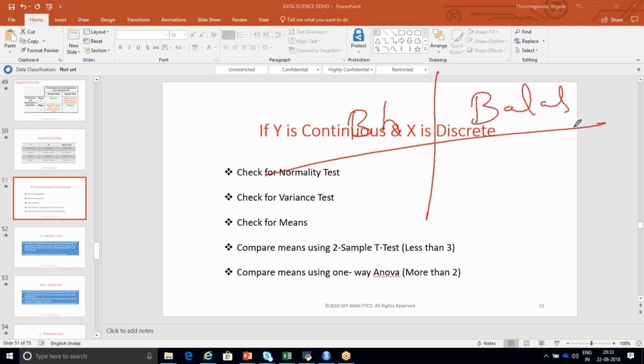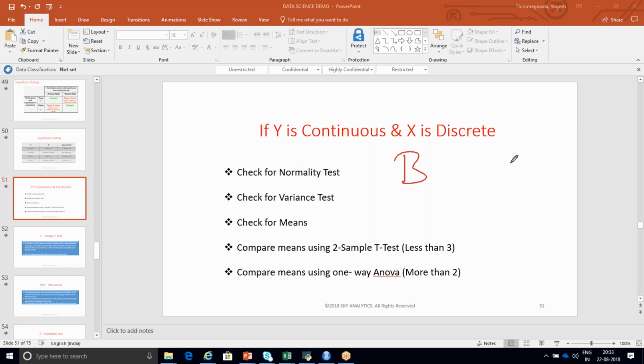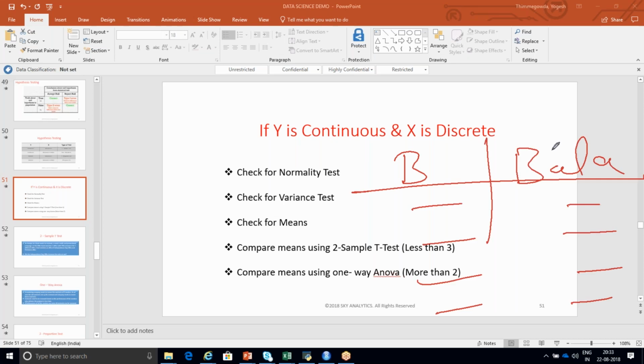Now, next step is what? You need to do adjustments. No, adjust. See, simple example I'll tell you. Consider that Bharat and Bala have written an exam. You came to know that both of them have not scored the same marks. Will you adjust the marks according to Bharat and Bala, whatever they need, or what will you do?